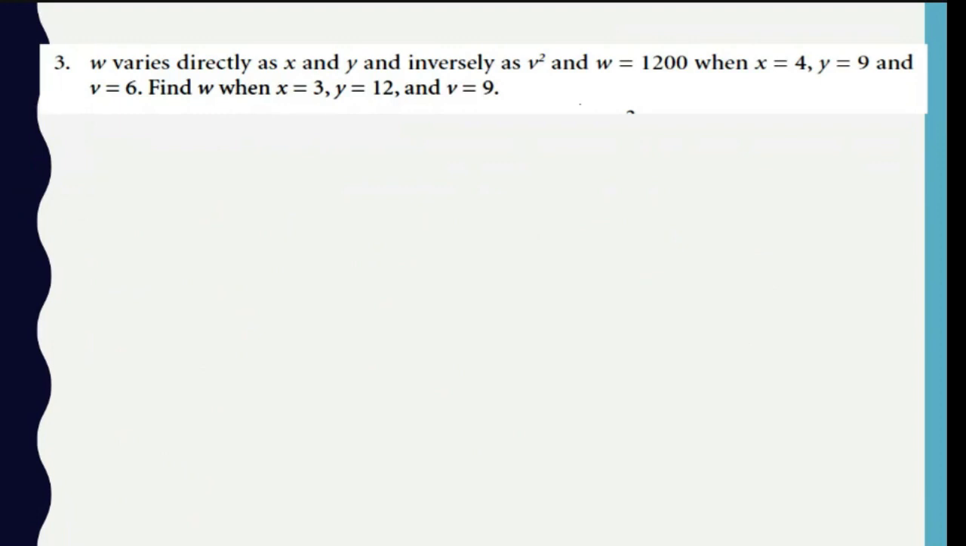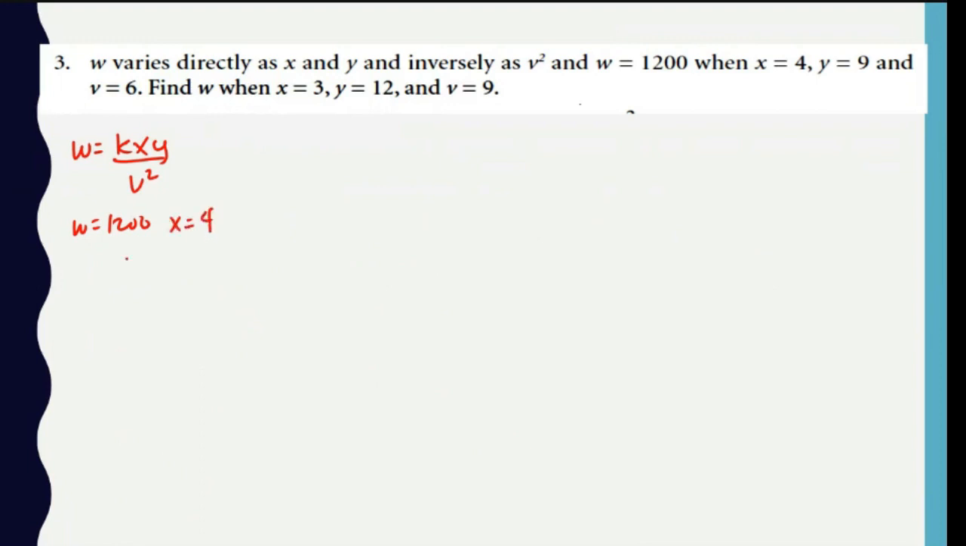w varies directly as x and y and inversely as v squared. And w is 1,200 when x is 4 and y is 9 and v is equal to 6. Find w when x is 3, y is 12, and v is 9. Okay, let's have the tentative equation. w is equal to kxy over v squared. Okay, let us solve for the value of k by using the initial values of x, y, w, and v. So w is equal to 1,200,